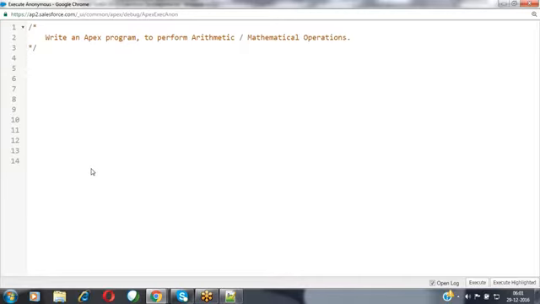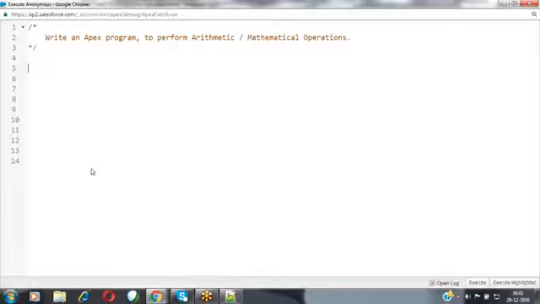So what needs to be done here? I want to perform the arithmetic operations: addition, subtraction, multiplication, division, and calculating the remainder as well. Then how can we perform these operations?